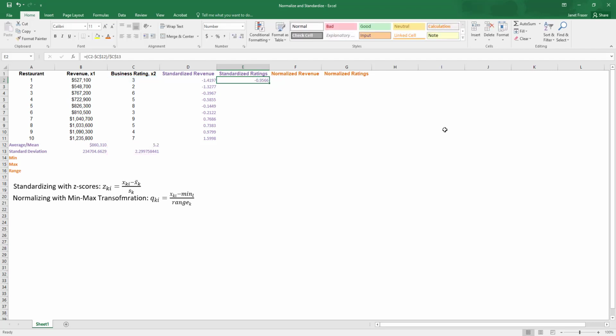And we find that our rating is equal to minus 0.9566-ish, and we can copy and paste down the length of the column. And we see that even though the range of values from 1 to 10 really wasn't that broad, we've sort of condensed it a little bit more. And what we do see is that now the values for standardized revenue and standardized ratings are not terribly different